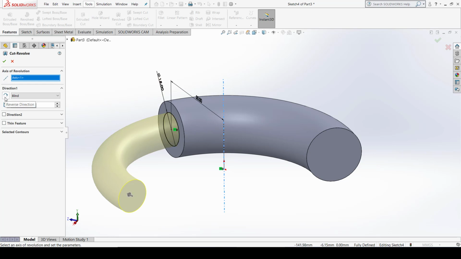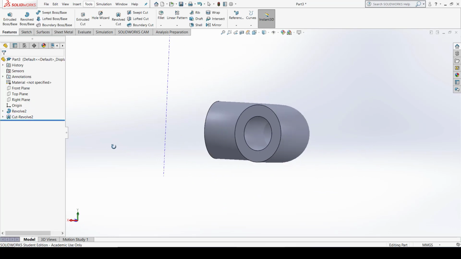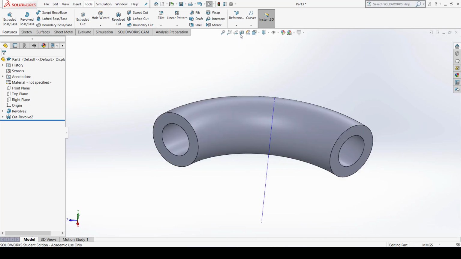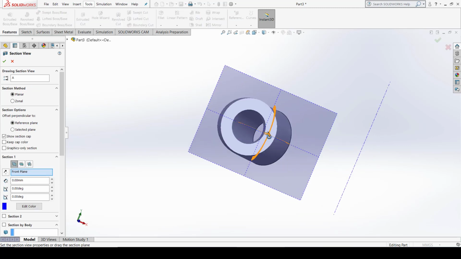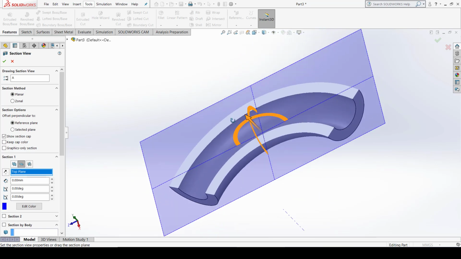What I do, I just reverse the direction here. Now what happens, the command moves inside your element and the cutting will appear and the pipe will appear to be a hollow structure. So when I just click OK here, see what happens now. The whole material is removed from this section, and you can see this in cut sections. See, it is hollow. I can select this one like this. Your cutting will appear entirely of the same thickness.